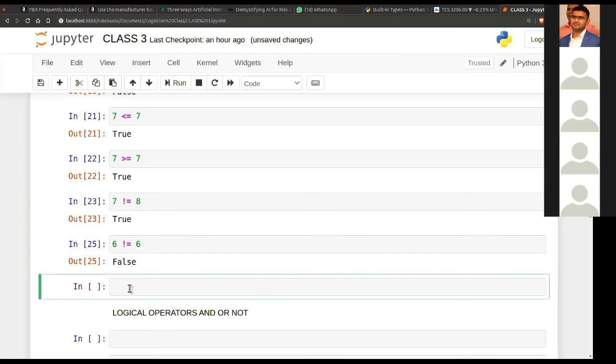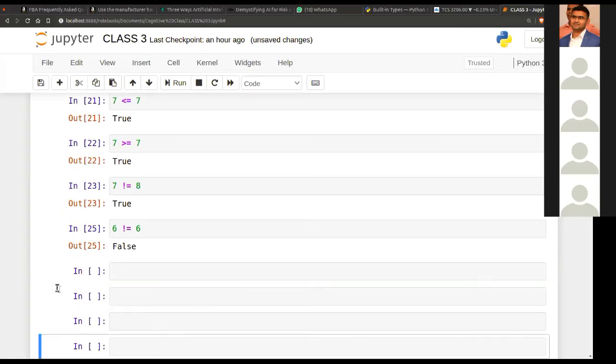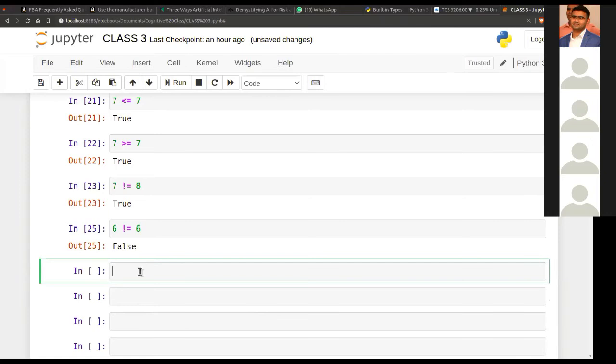So what about strings? Can strings be used with the operators? Not completely, but we can use them for comparison. We can use equal to and not equal to. So let's see how. Suppose h equal to h.